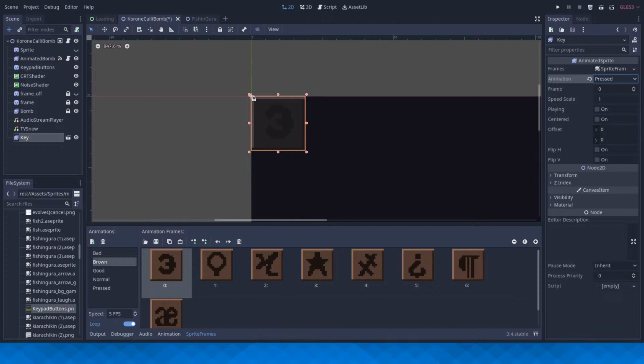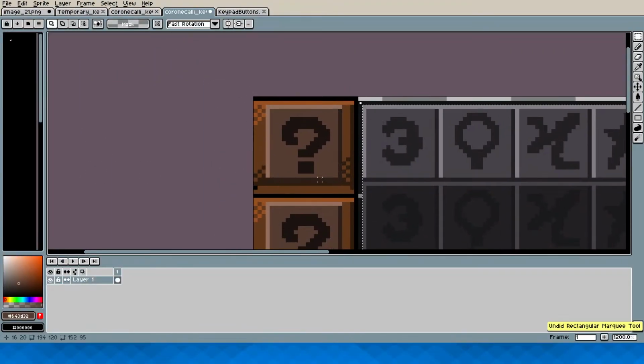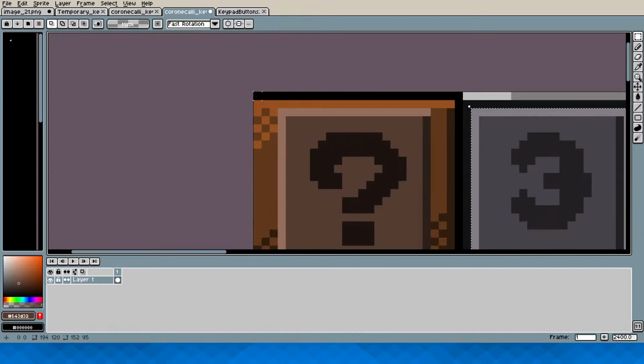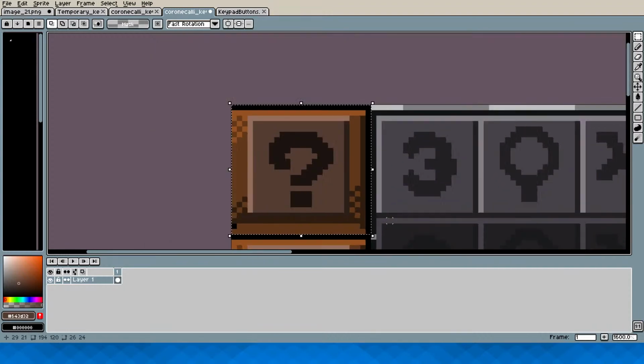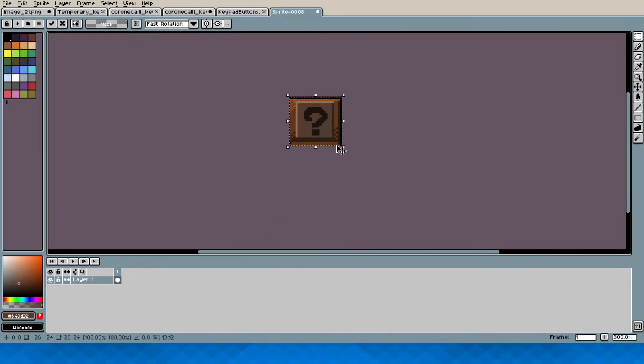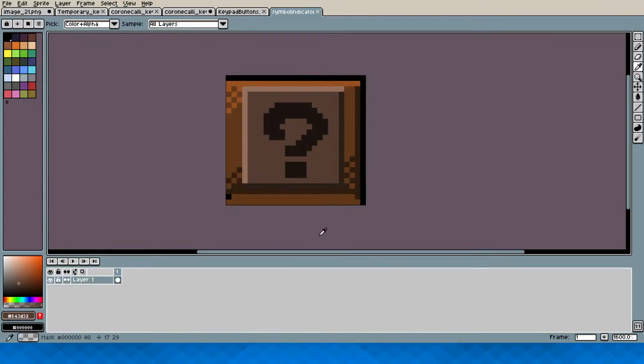Now for the thing on the very left, this thing. Let me switch to a sprite before I forget again. Did I accidentally rotate my selection? Right, so for this thing, I'm just going to... Oh, I accidentally pasted. Copy this, new sprite, paste this here and just save this as, let's call it symbol indicator.png. Symbol indicator.png seems good.